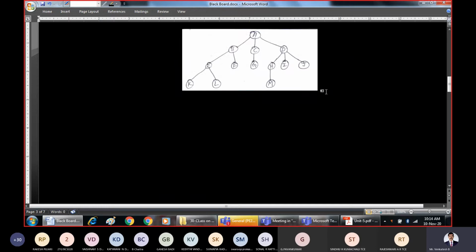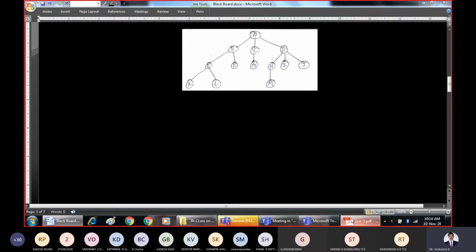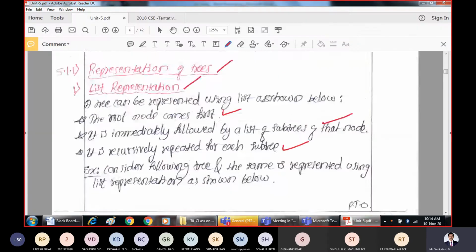Right? So when we have trees like this, how do we represent them? What the notion says is, the tree node comes first.